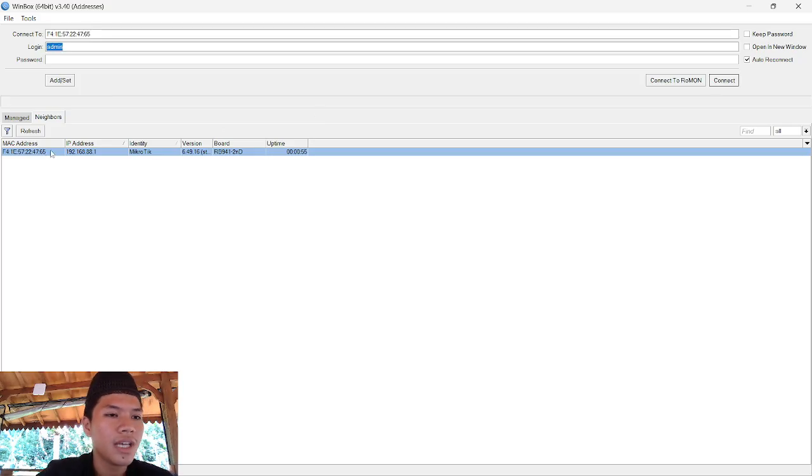Oh, I see. This is the password for your router, because this is the IP address of the MikroTik and the password has to be the MikroTik's password.